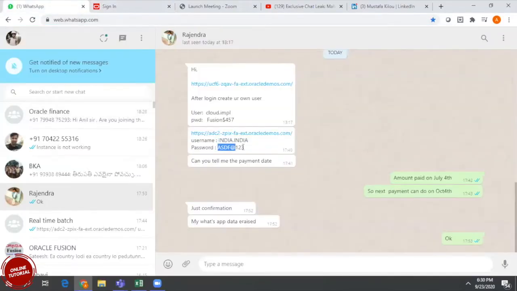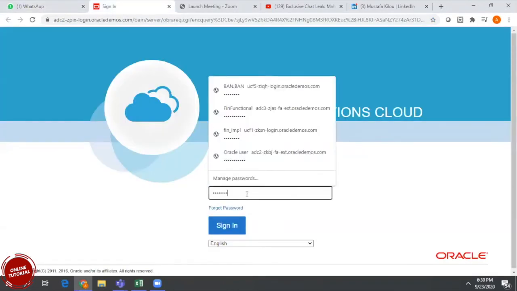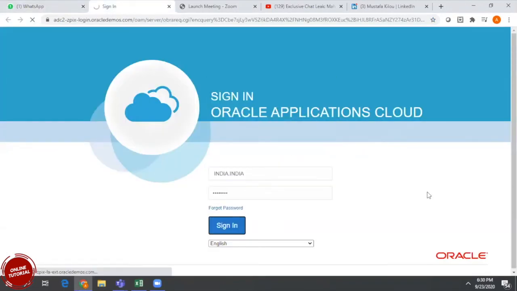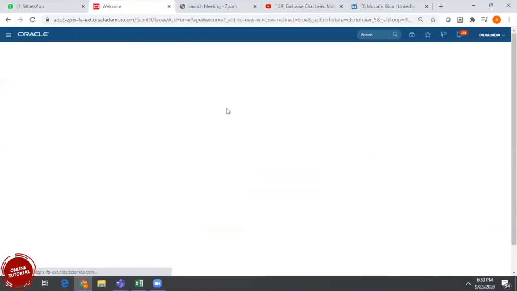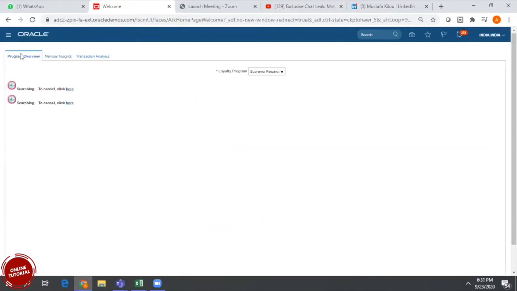Password. Assume that this password is set for the project manager. So once you log in here, we can create our own user because this user has the IT security manager role, so that we can create implementation users.